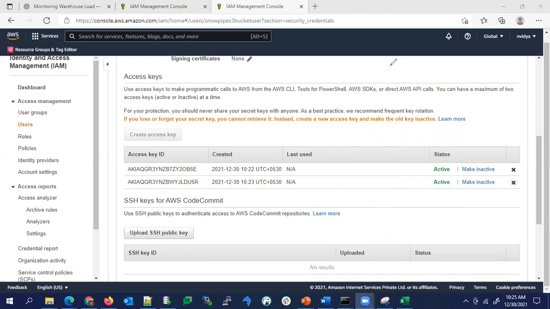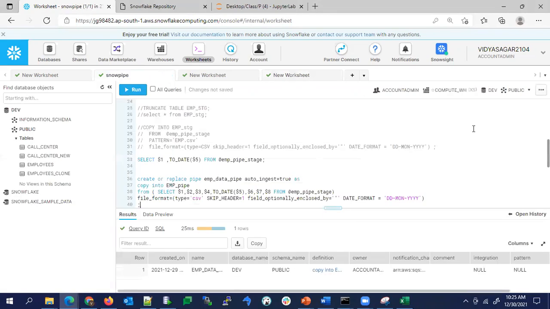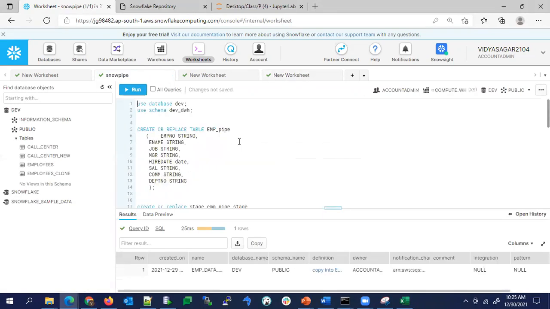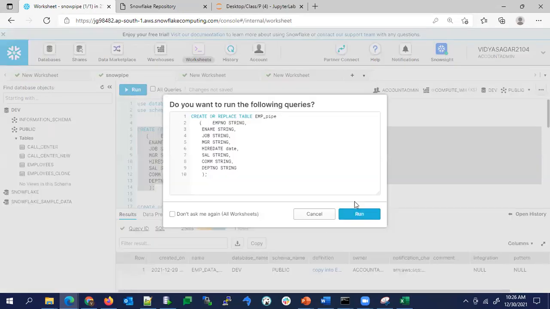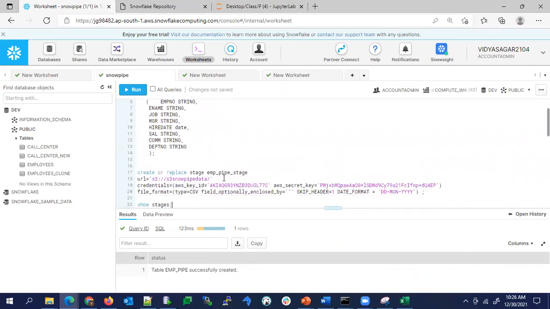Now we will move to the Snowflake side. On the Snowflake side, the first thing we have to do is create our target table, the table where you have to load your data. So I'm running this to create the target table. After that, I am creating a